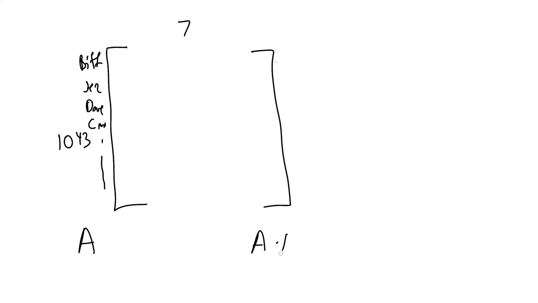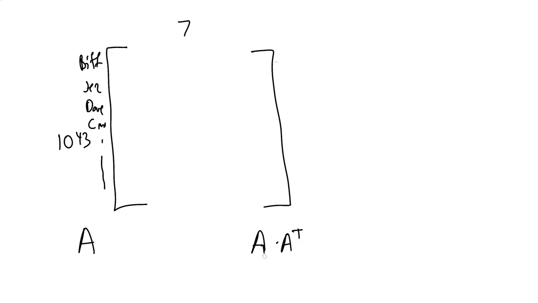So let's say we have some big matrix and it's got 1,043 rows, and this has everybody in it. It's got Biff, it's got Jezebel, it's got Dave, it's got Cindy, it's got everybody in here, and we asked them all the 7 survey questions, right? And let's call this A for all. Well, if I wanted to figure out how compatible everybody is with everybody, I would just take A times A